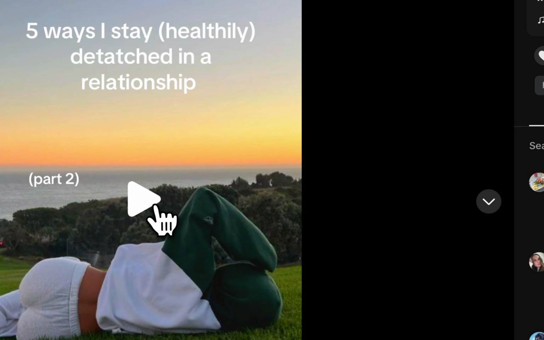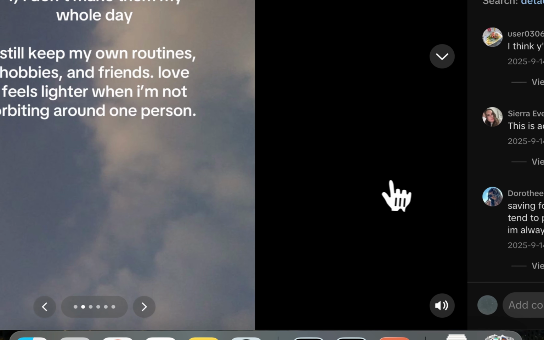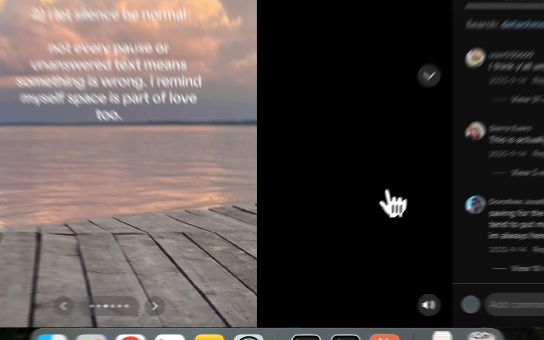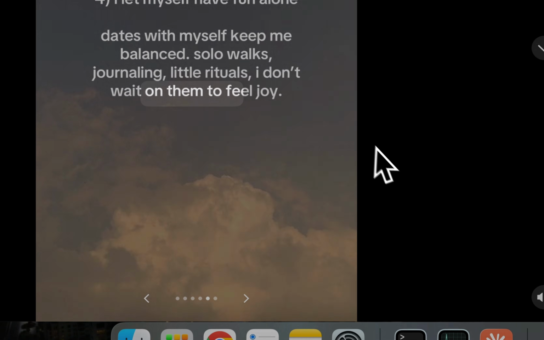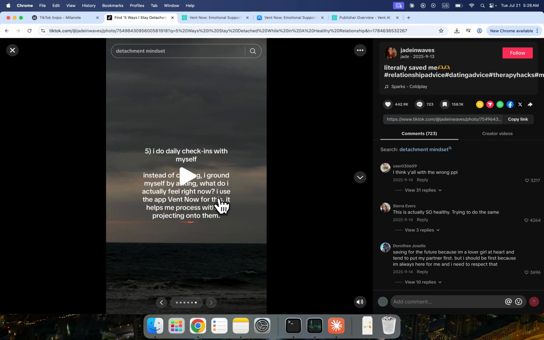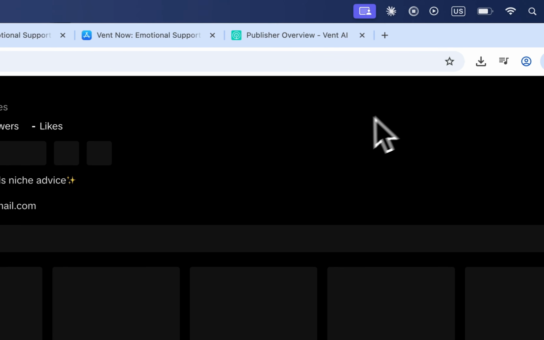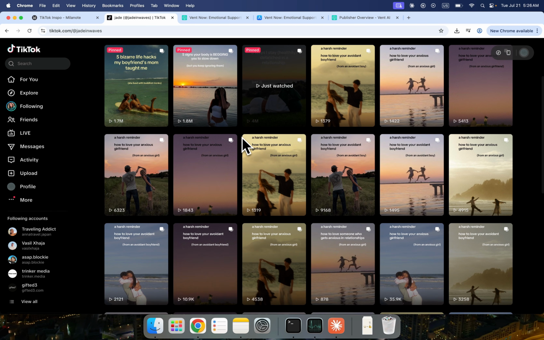I followed this TikTok a while ago, and it seems like a normal relationship advice TikTok. As you scroll through it, you have actually quite good content on here. But if we go over to the last slide, at the 5th one we have content, and we see the app mentioned, Vent Now. And if we take a look at the account, everything that they post is related to